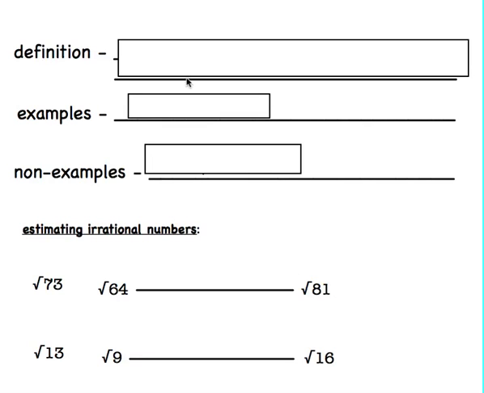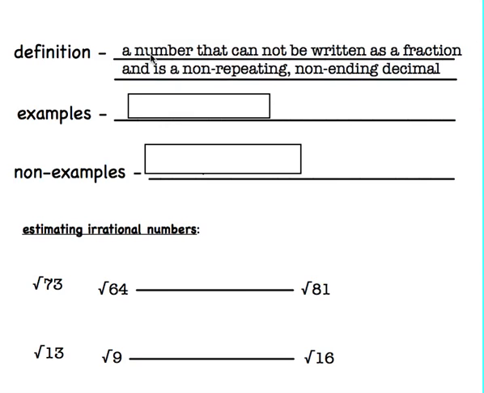The definition of an irrational number is a number that cannot be written as a fraction and is a non-repeating and non-ending decimal. Let's see some examples. Some examples of an irrational number are the square root of 2, the square root of